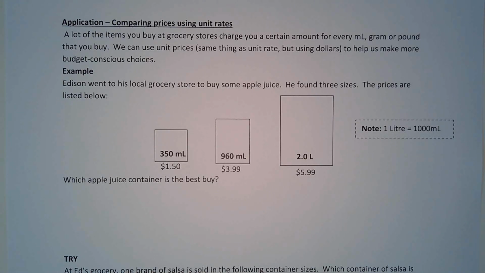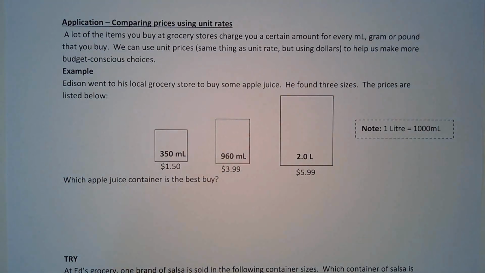And we want to know, where are we getting the best deal, right? We want to make budget conscious choices. So what we're going to do is a couple of examples here where we compare different